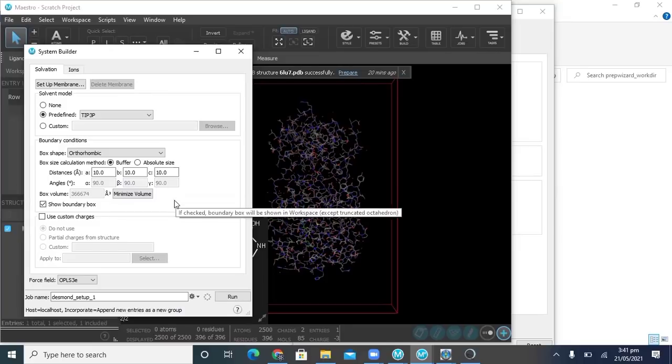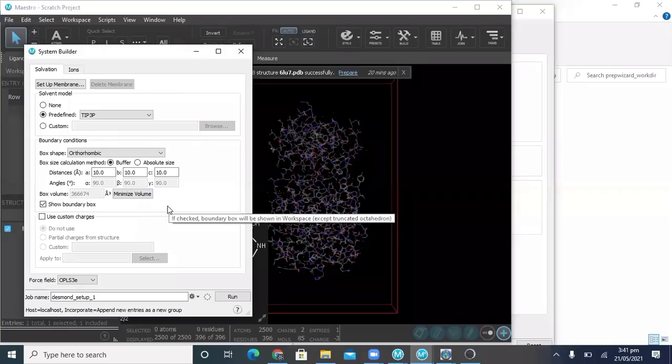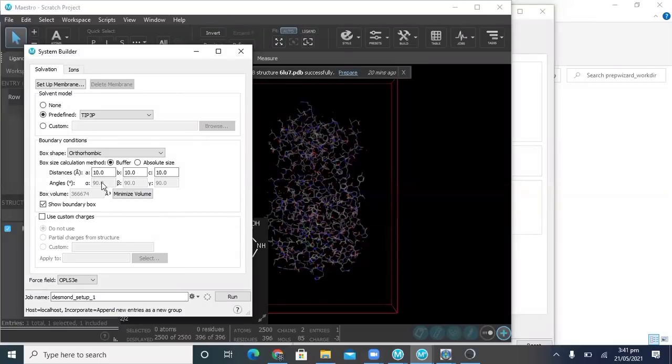For a good protein-ligand simulation, we kept these parameters as default. You can change them according to your system. If your system is not very powerful or does not have good specifications, you can choose these according to your system specification and the size of your protein-ligand complex. From here, you can change the name of this job. I will name the system 6LU7.